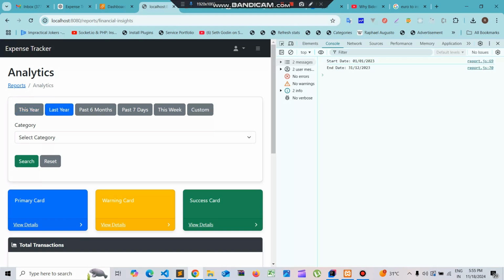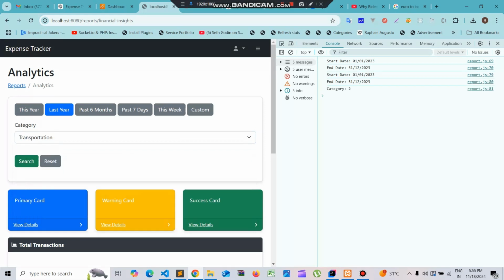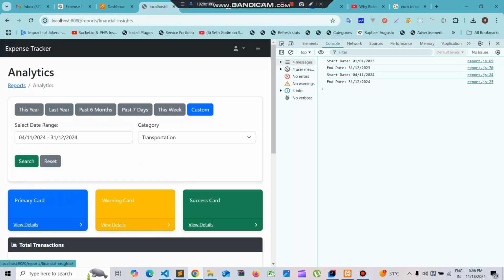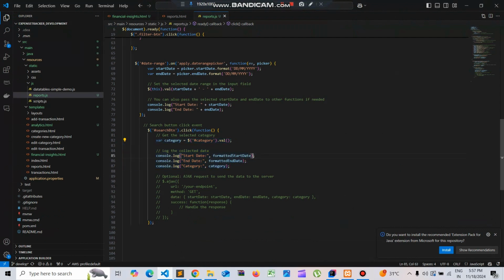If I select last year, and then select the category groceries and use search, I'm getting the start and end date and the category ID. So if I clear this and do a custom range, and select from 4th to 31st, I say apply, clear the console and search again, I'm getting the start and the end date. So initially